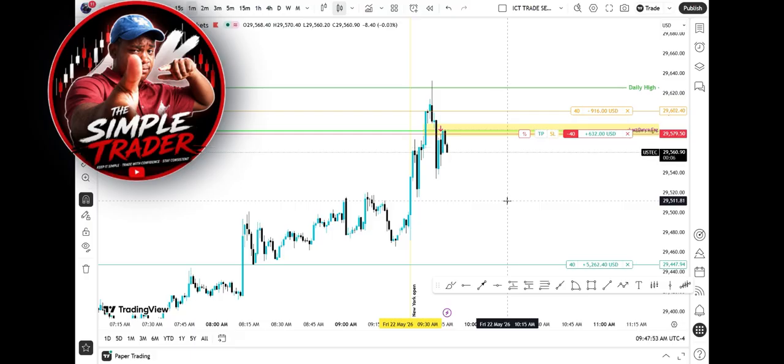Once you have those, you have to move on to the next aspect, which is time. What is the appropriate time to take the trade? ICT over the years has demonstrated and highlighted key areas in the market that are time specific, which allows us to enter into trades that are more than likely to play out. What are the specific times? So we highlighted that every single hour runs a kill zone, but in particular we're looking at the New York session